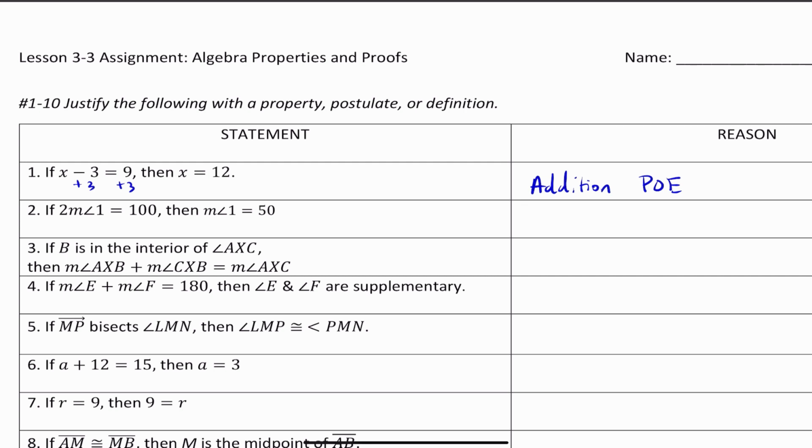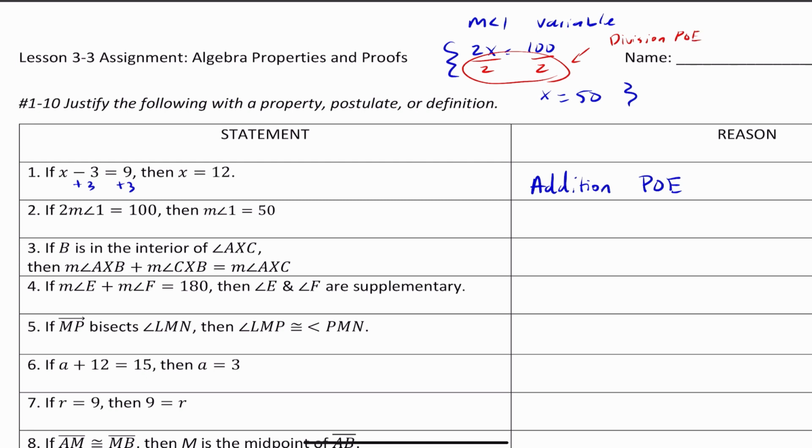Okay, number 2, if 2 times the measure angle 1 is equal to 100, then measure angle 1 is equal to 50. So this is basically like measure angle 1, you can treat that as a variable, okay? It's like saying 2x is equal to 100, and if I were to solve for x here, I get x is equal to 50, okay? So this is my if, and this is my then, right? And this process here was me dividing, right? That's the division